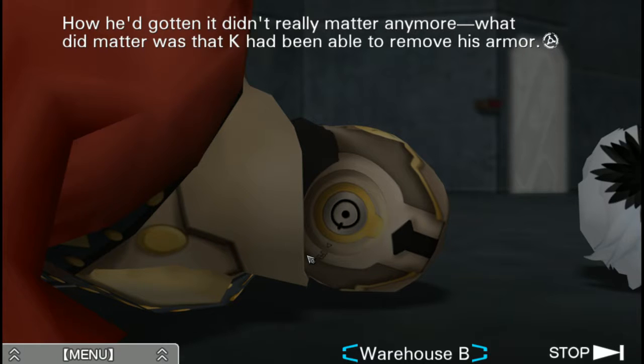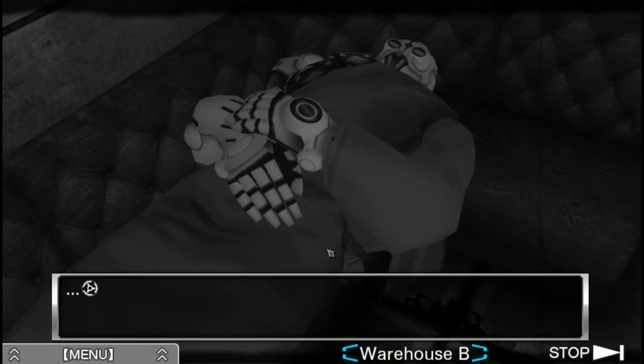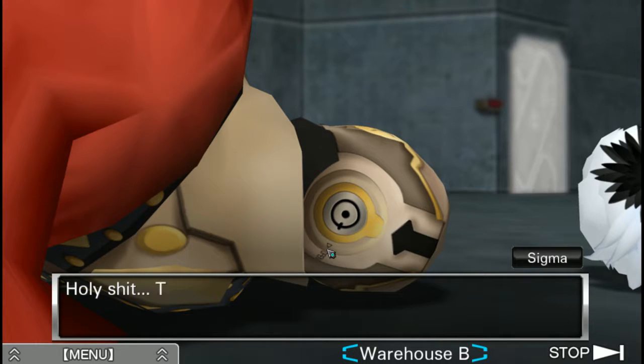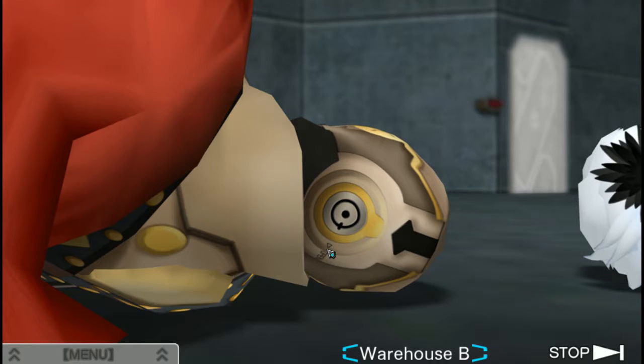How he got in, and it doesn't really matter anymore. What did matter is that Kay had been able to remove his armor. And he had. Holy shit. Then that would mean Dio's killer is...